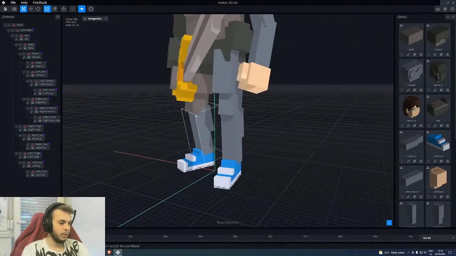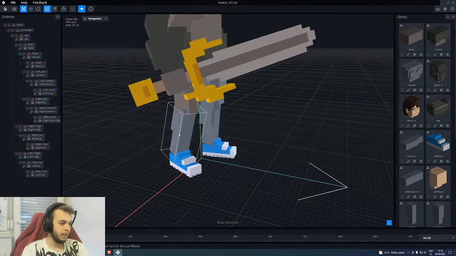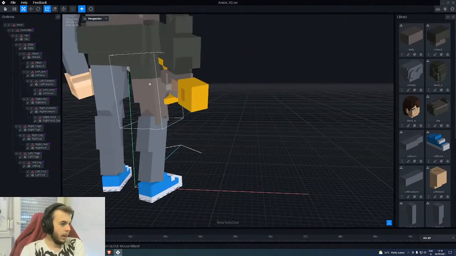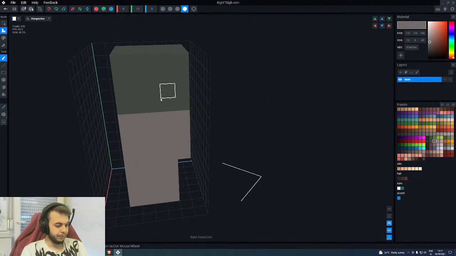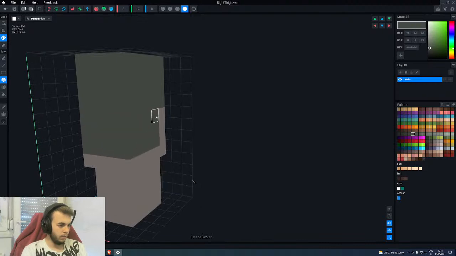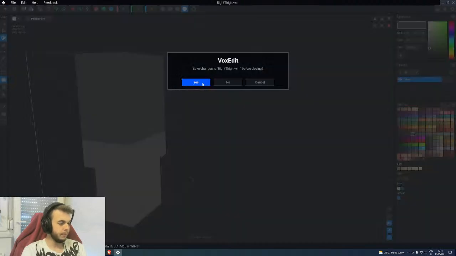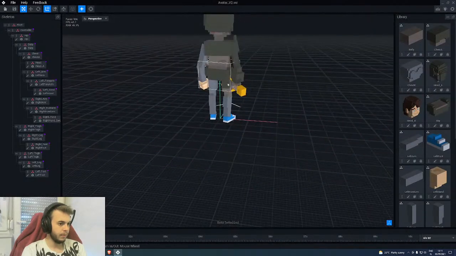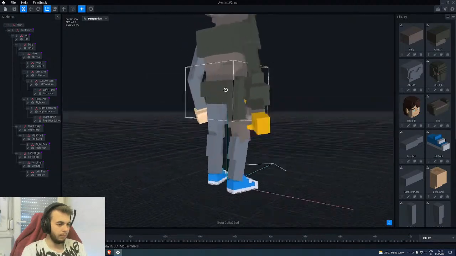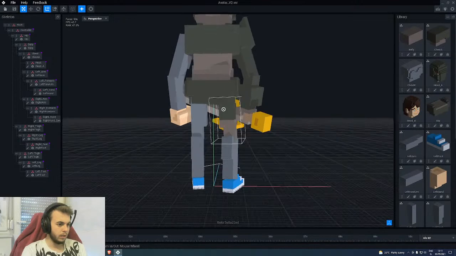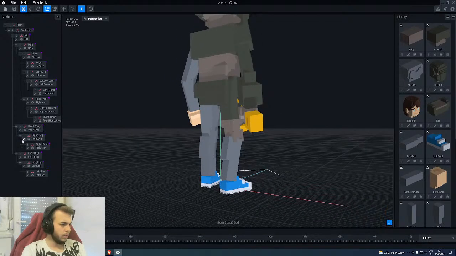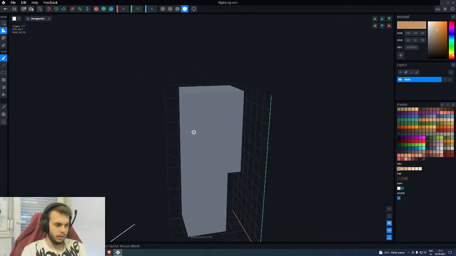So I would kind of like to keep the knees gray because of the Z fighting and stuff. And we can move the green part lower here actually. So let's go to the right thigh, and then let's move this a little bit lower like that. And then on the, let's see, on the leg, we used,